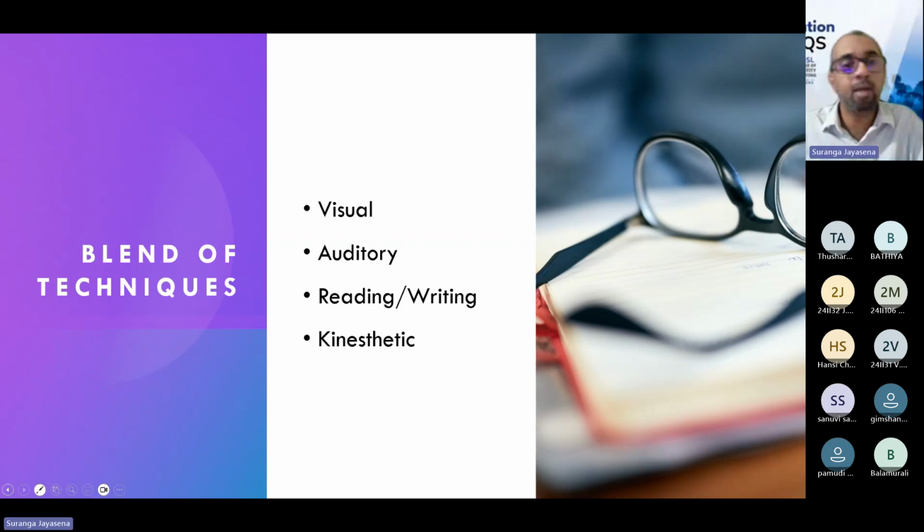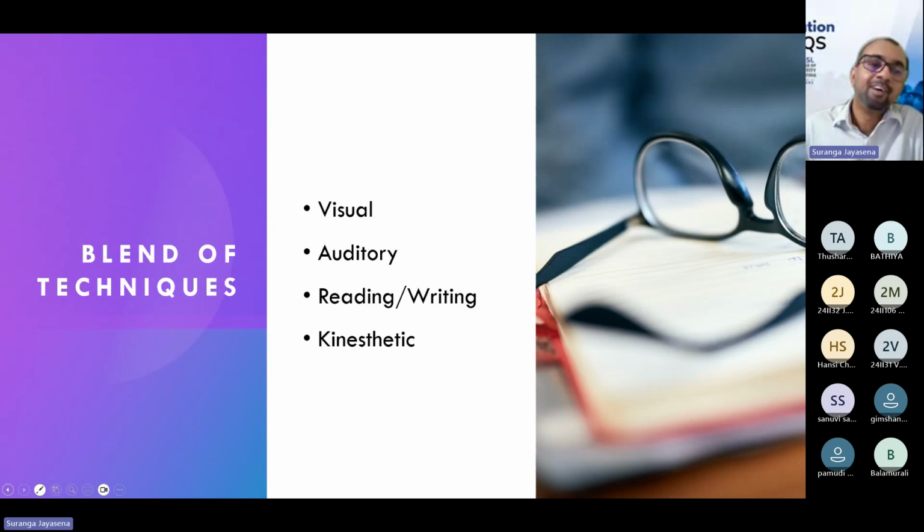Okay, or it is a handwritten one. You could not attend the lecture. Your friend, who is a reading-writing learner, has taken very good notes, and it is what he has sent to you, right? But you are an auditory learner. You are quite poor in reading and writing, but